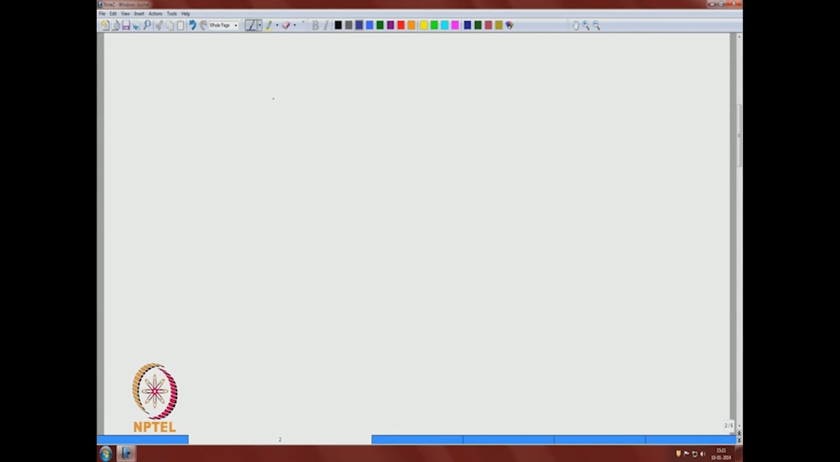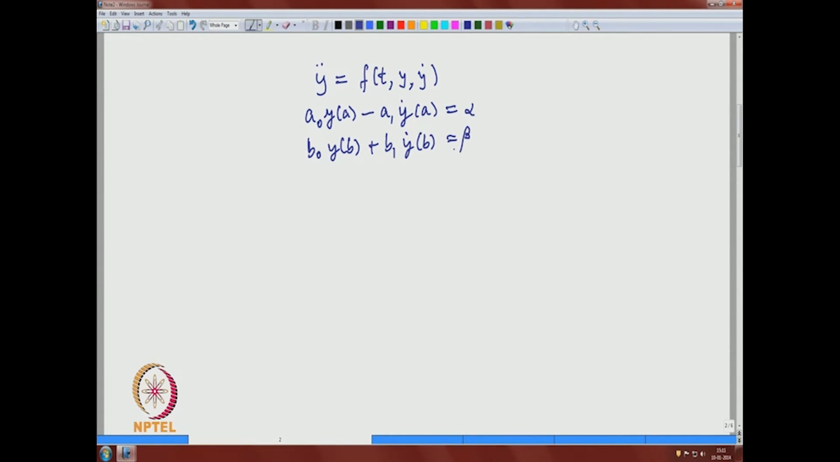Okay. So, we started with, let me again go back to y dot dot equal to f(t, y, y dot), and a0 y(a) minus a1 y dot(a) equal to alpha, and b0 y(b) plus b1 y dot(b) is equal to beta. So, this is the BVP, call it 1a, 1b,